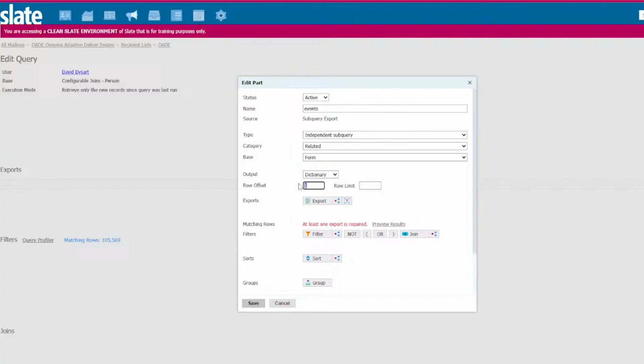Now we're going to start with this first record that's going to be fitting our criteria of our query and filters. And we're going to limit this to 20, let's say. So we're not going to list more than 20 upcoming events in this email. You could limit this to 5, 10, 50, however long you want your list to be in Slate. And we're going to drop this all inside of a table. So it'll have columns, rows, to give it a bit of structure. So it's a little bit more forgiving if you are adding several